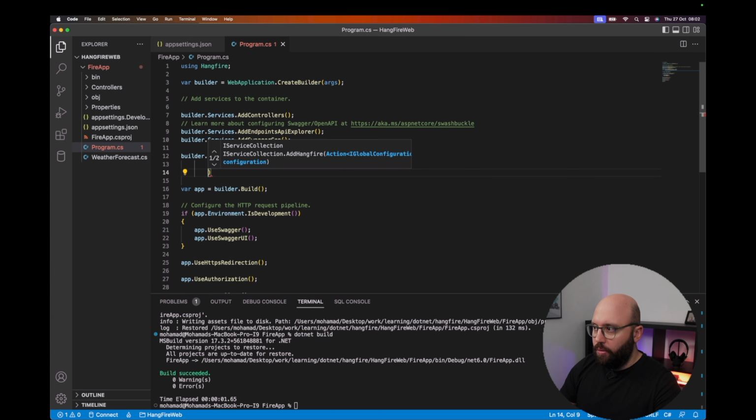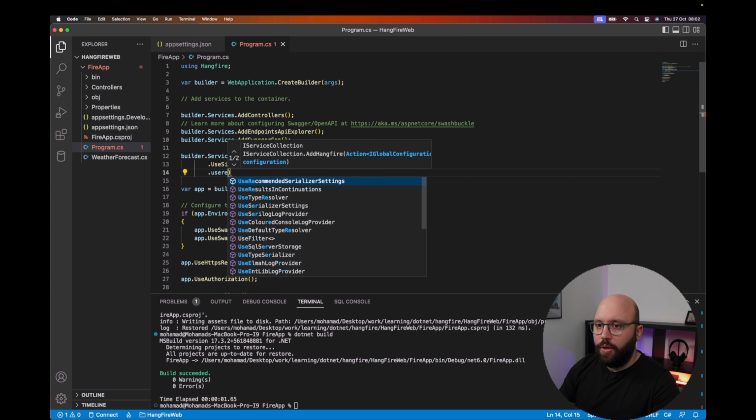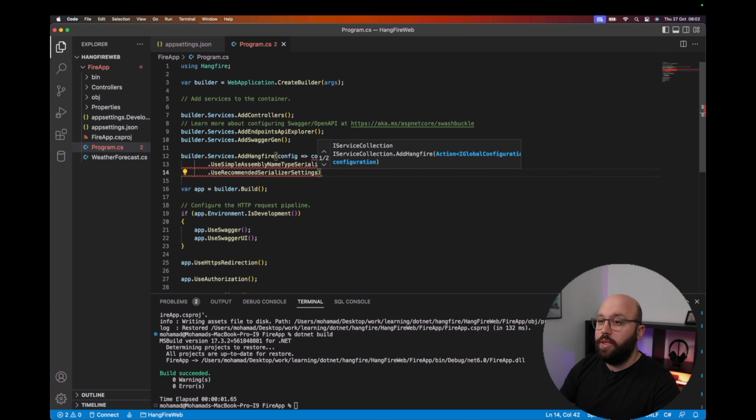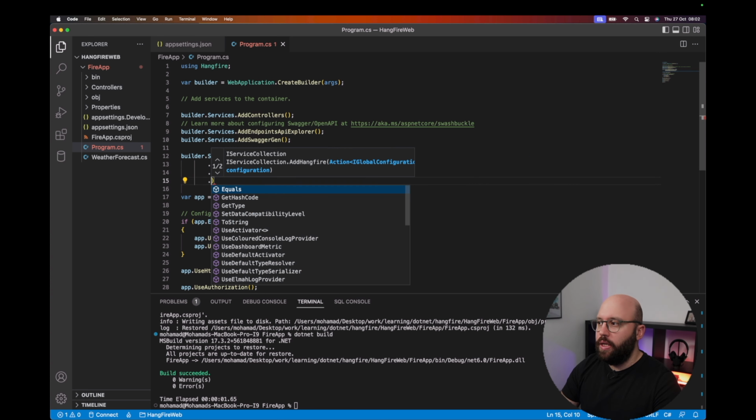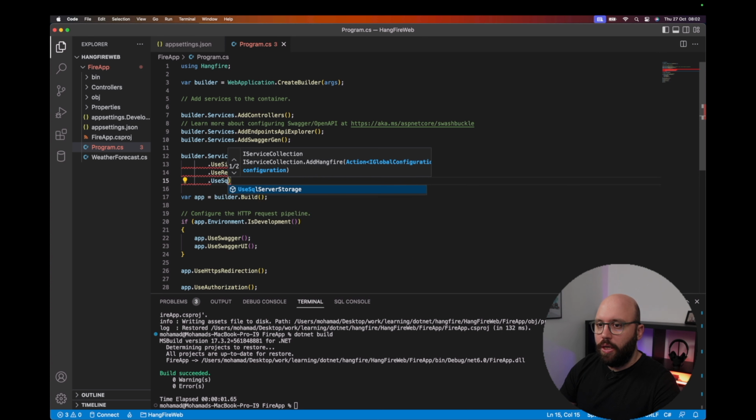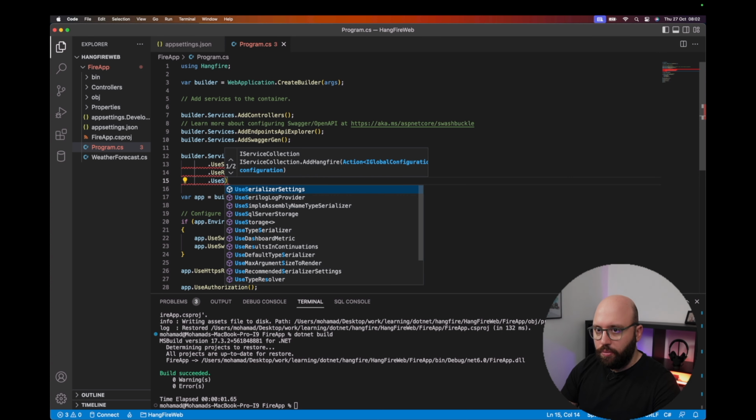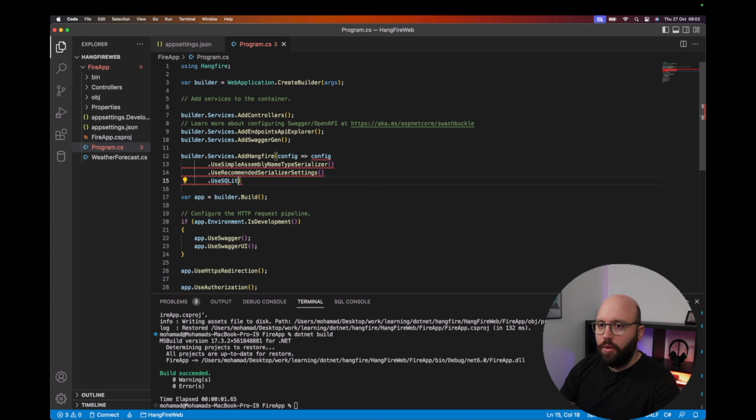The second thing I want to do is use recommended serializer settings. And the third thing is I want to specify that I'm going to utilize SQLite storage,